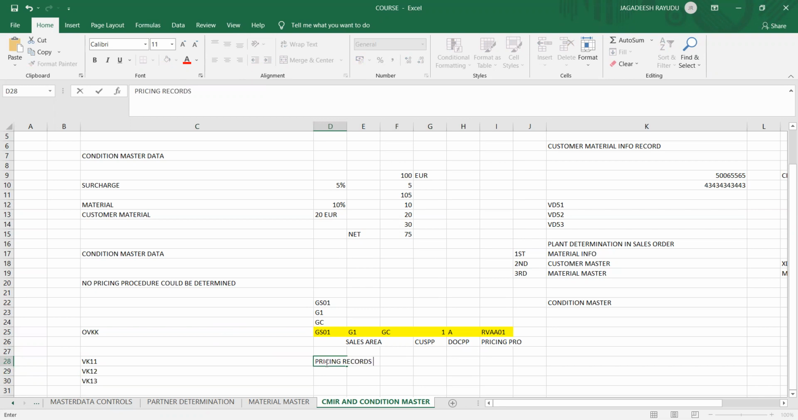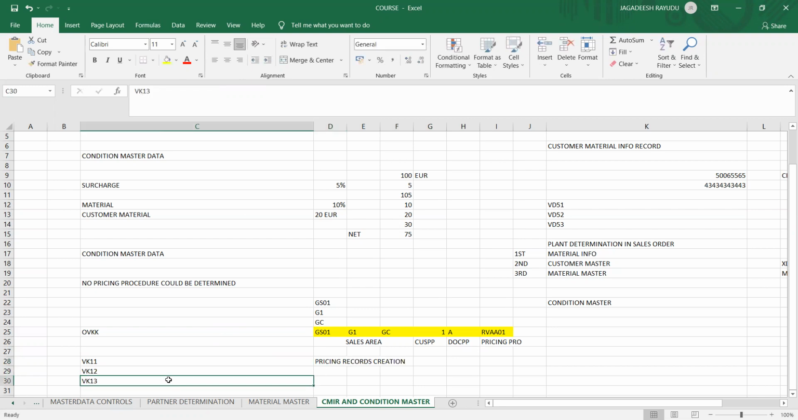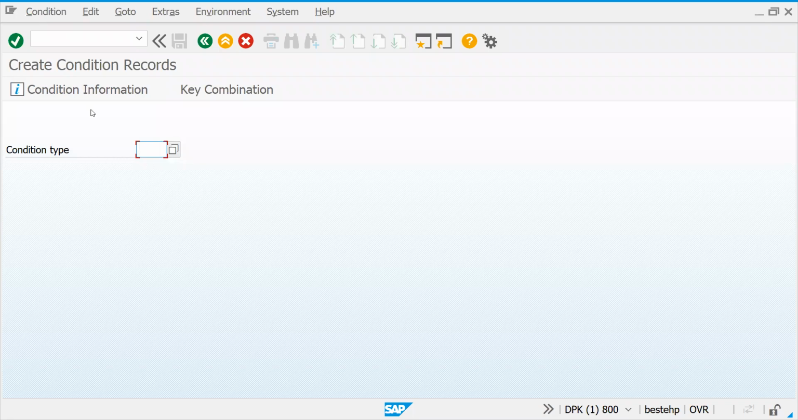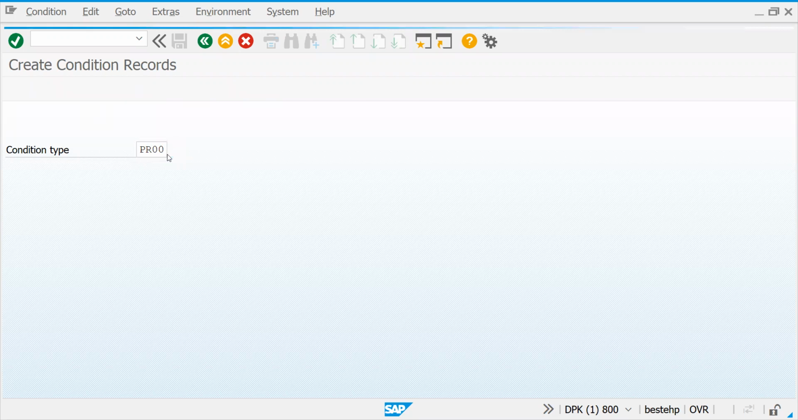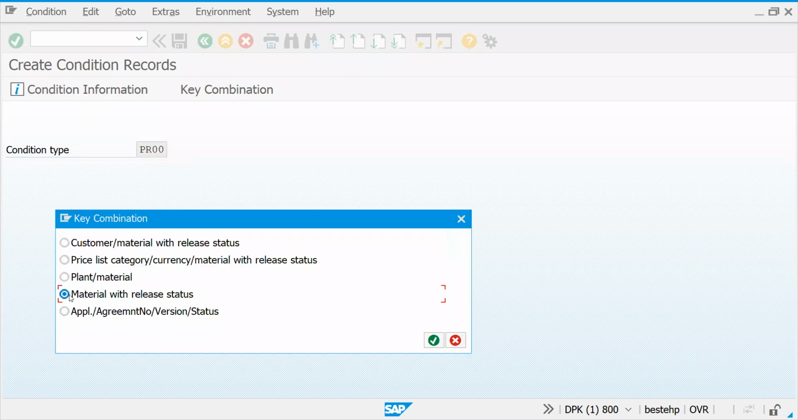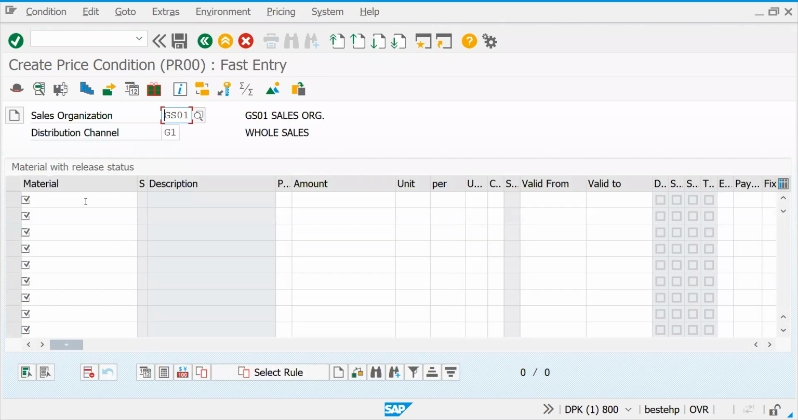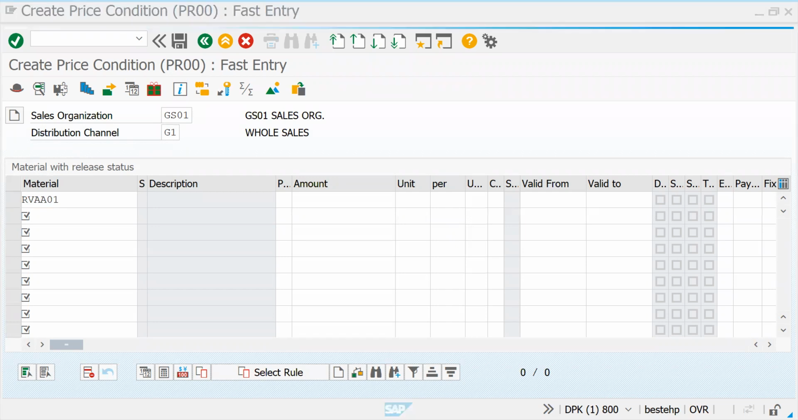Pricing records creation. Initially you follow this blindly. Once the concept comes, you can try to understand it to resolve issues. So let's go here. This is VK11 I opened. There is a condition type called PR00. This is for base price. So let's take only material as of now. So what is your material? You just copy it. One second. So the material code is,